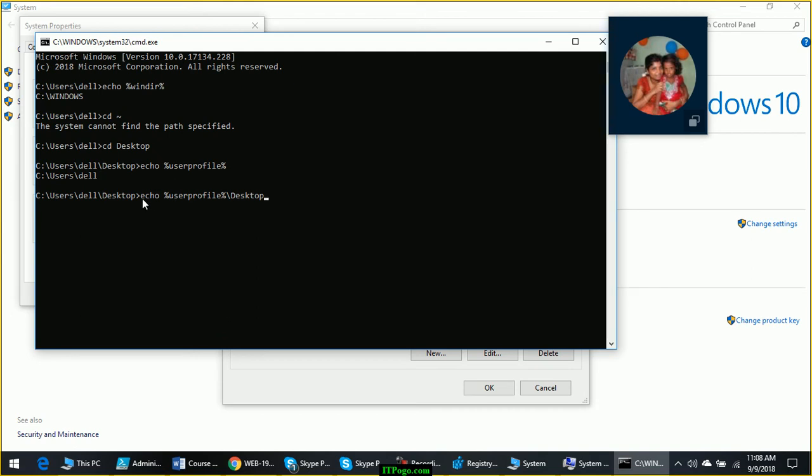If I hard code the location of desktop using this path, it will be wrong, because when I switch to some other user, he might not be able to access this folder because this is a different user. Is it clear? So this way you will find the correct location for the user's desktop folder.